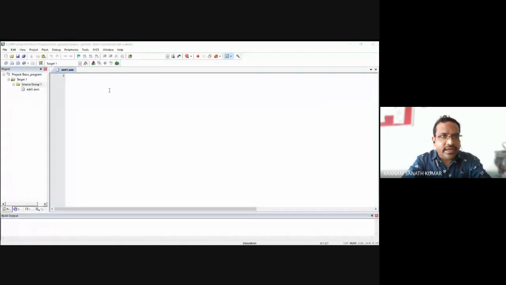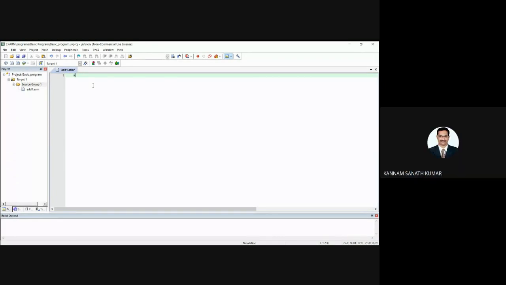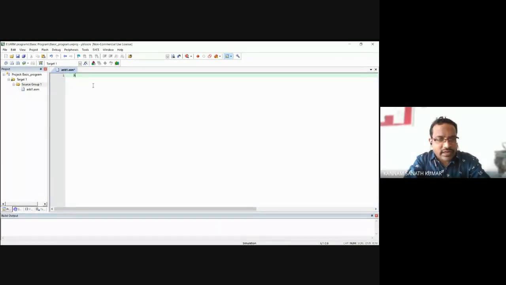Here I am writing area. You need to give some space with a tab. Here A is capital, AREA. I'm giving the file name ADD1, comma, CODE, comma, READONLY. This is read only; we can only read the data in this one.